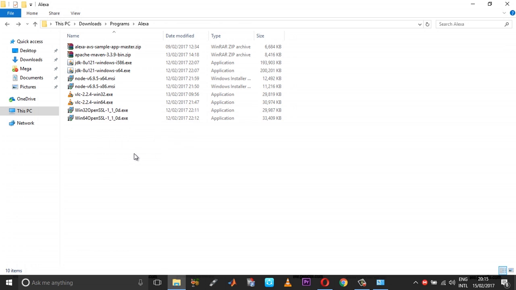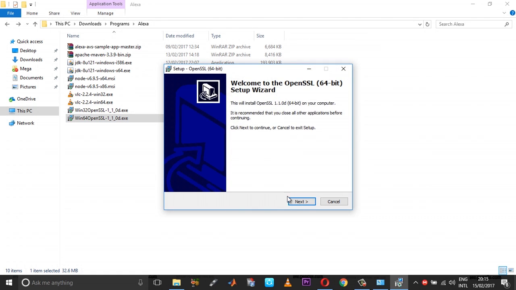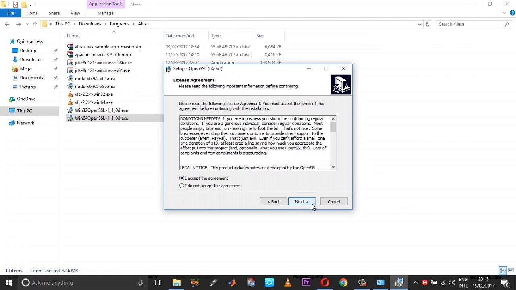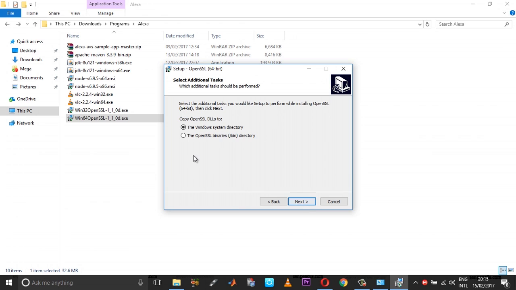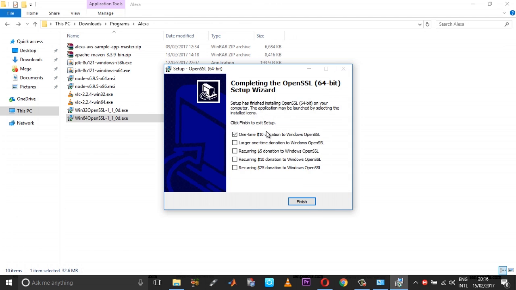is you need to install the OpenSSL. Run the OpenSSL according to your system configuration or your wish. Choose yes, next, I agree, next, and here do not select a Windows system directory. Choose OpenSSL binaries bin directory. Choose next, install. If you want you can donate. Choose finish,